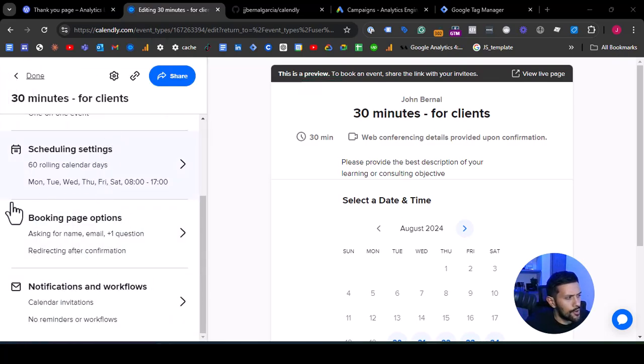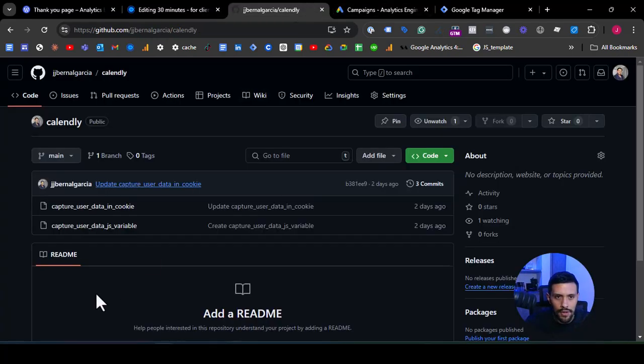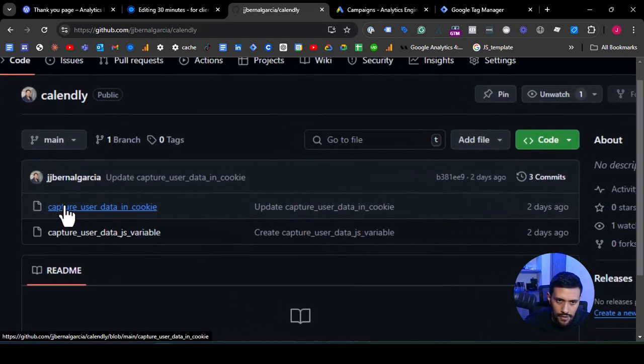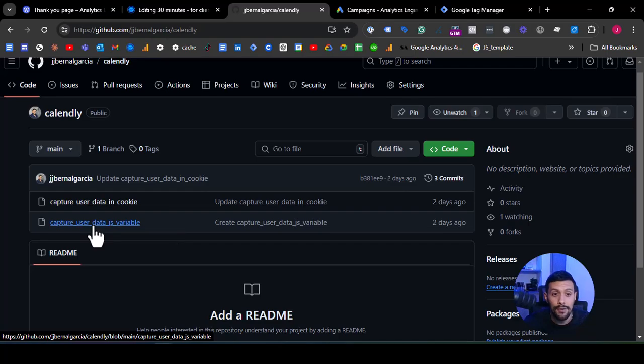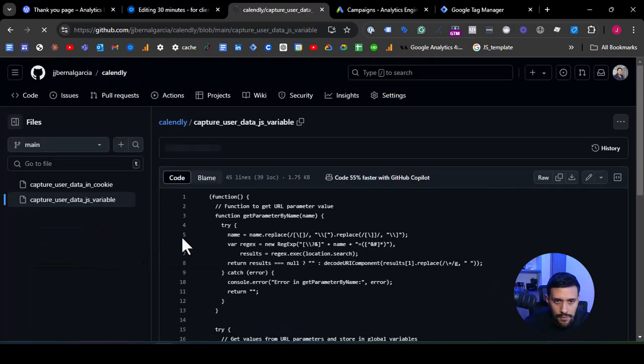The next thing that we are going to do is to insert a script in Google Tag Manager or in the source code that will capture the provided data in a JavaScript variable, and then we will rewrite the URL, and I will explain to you why afterwards. So let's go to GitHub, and from these files, we are going to select the one that captures the user data in a JavaScript variable. Alright, I'm going to copy this code,